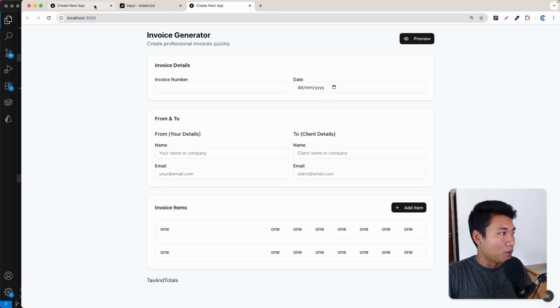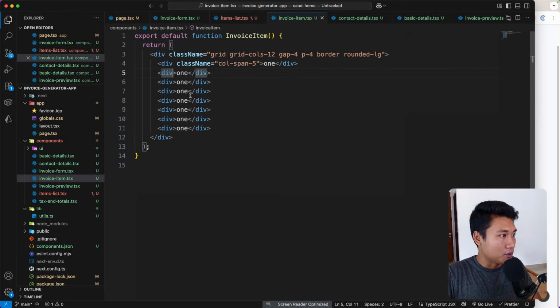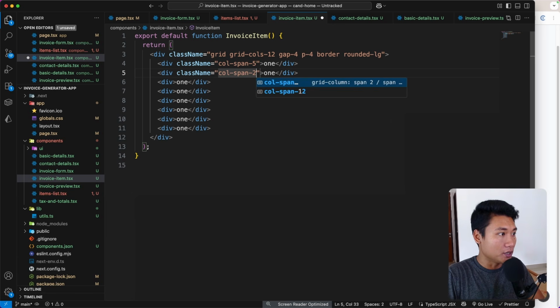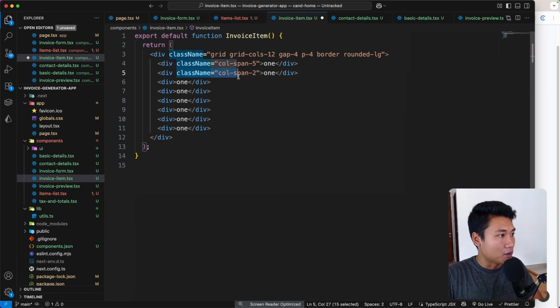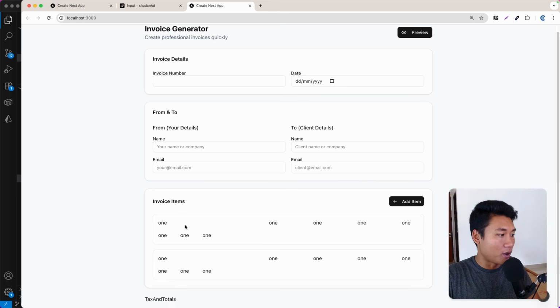And then for the quantity, rate, and amount, as you can see, the column is the same in here. So basically, it's like a 2 column. So let me just try to do the class name, column span 2 in here. Let's try to just copy this one and then paste that. All right, let's take a look at the result. Here we go. So we have 5, 2, 2, 2, and then we need to remove